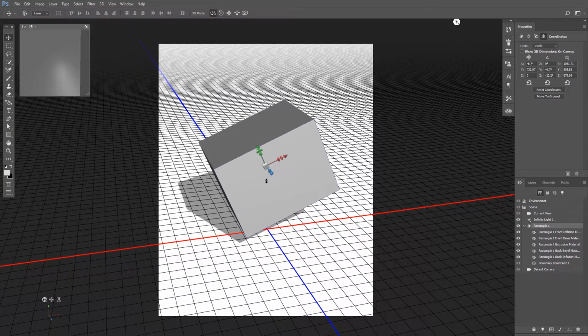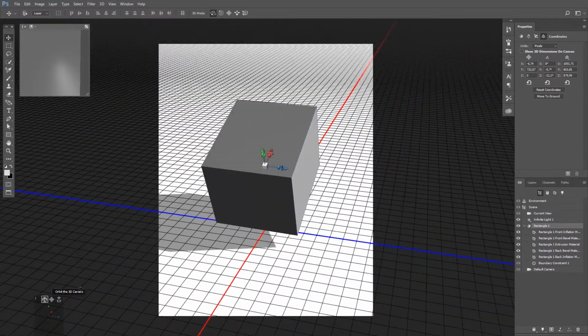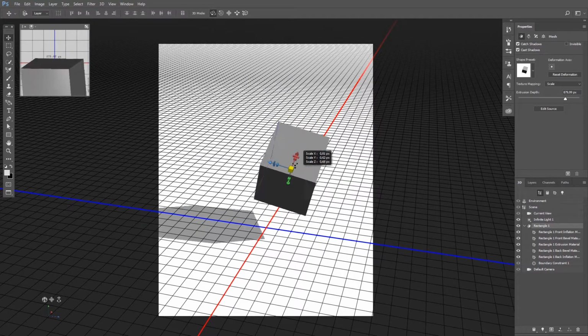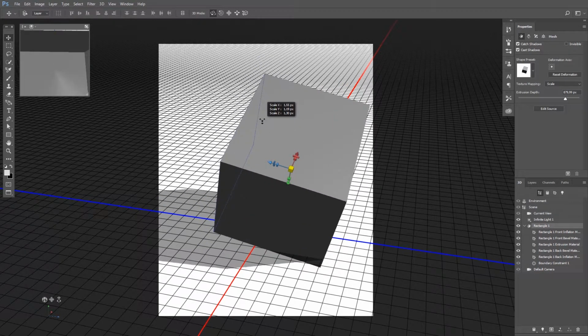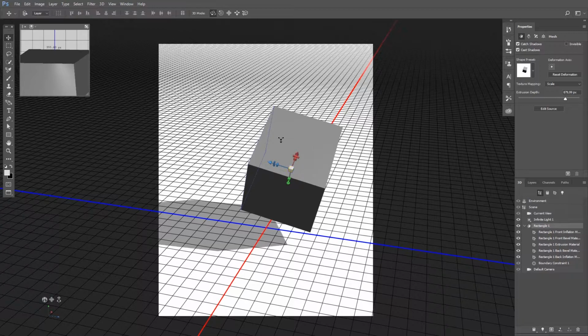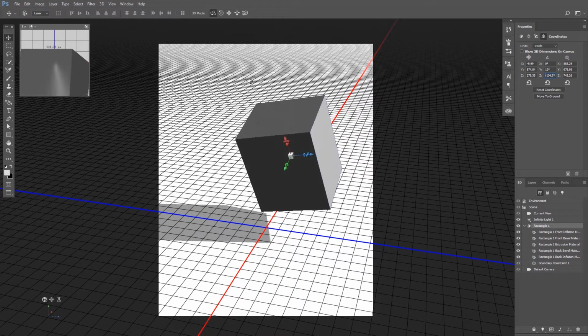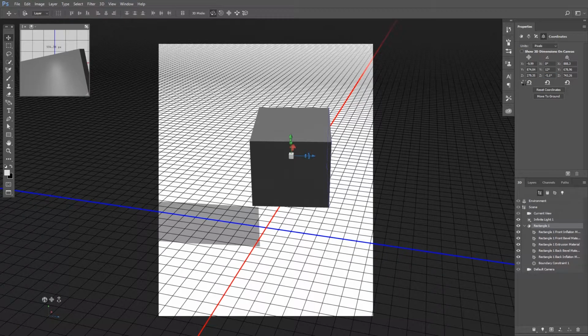And one important thing to mention is this middle control point. If you click on it and drag, you can scale the object uniformly. And that is very helpful if you are working with a 3D object and you want to scale it without messing its shape and proportion. You can also do the same thing as we did before and control your object from the Properties panel. If you click on this icon, you will see the Coordinates tab, and from here you can control position, rotation, and the scale of the object by changing the values of the X, Y, and Z axis if you want to be more